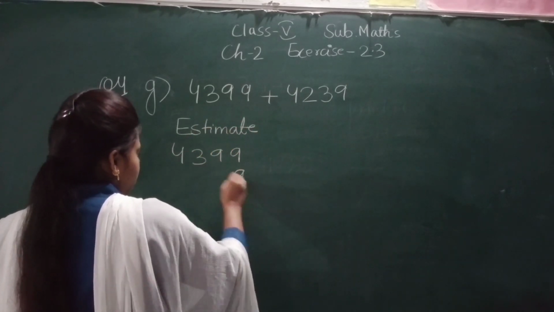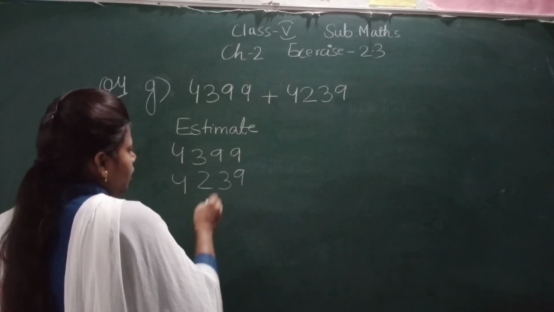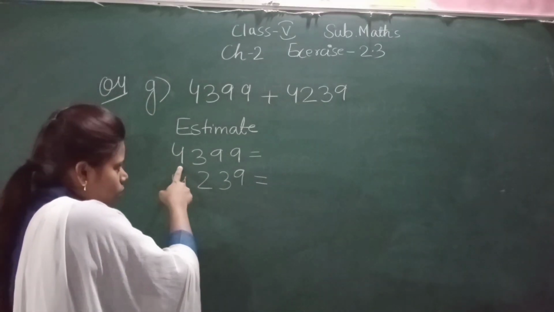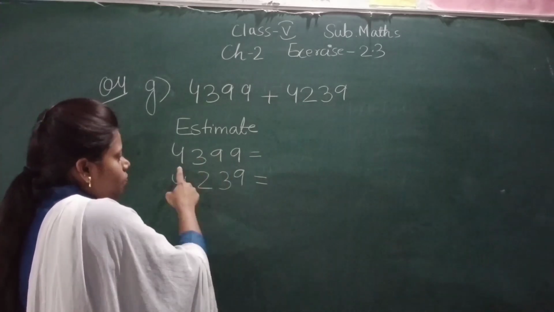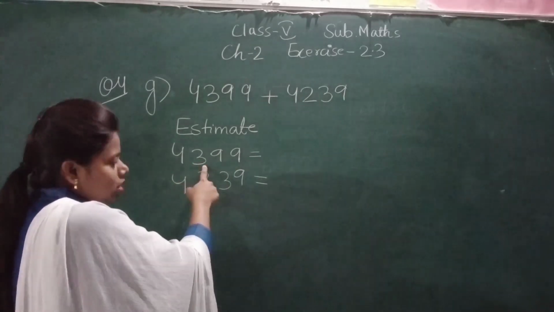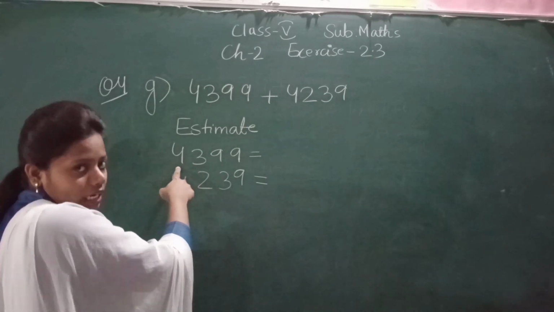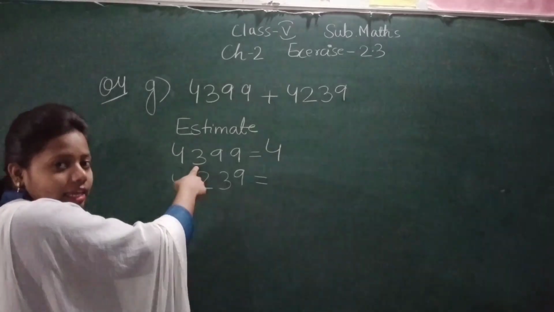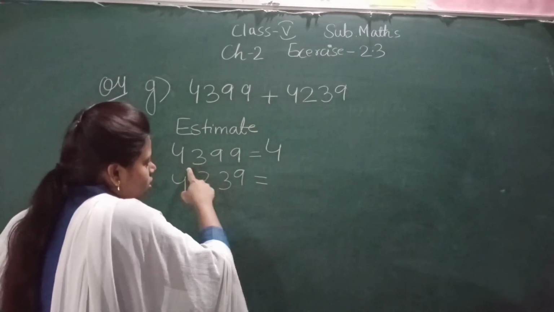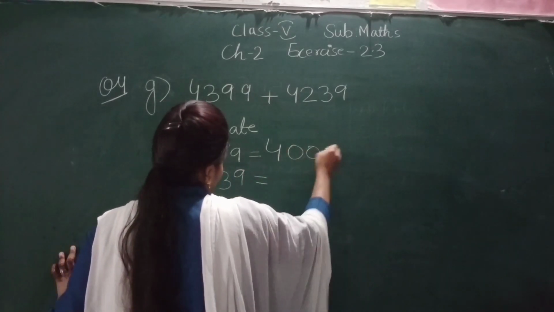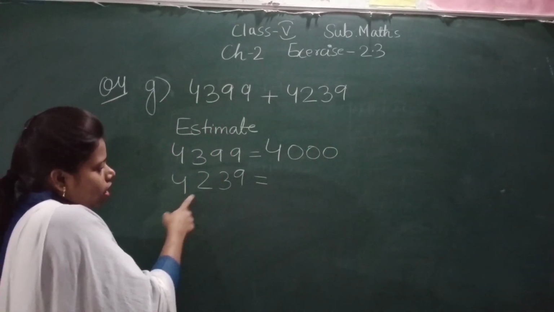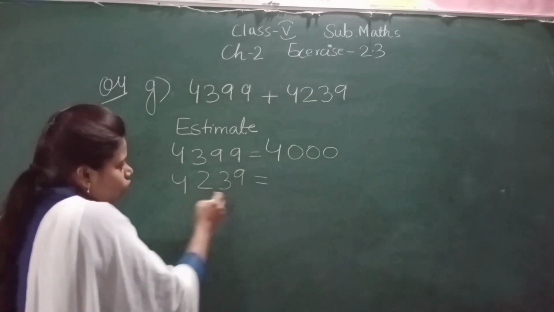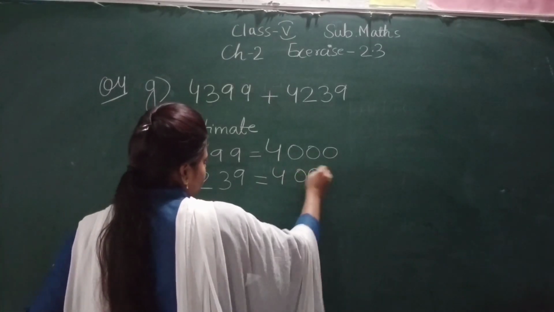Let's write 4,399, and then we will write the other number. Now let's do the estimation to the nearest thousands place. This is 4,399. So which place do we have to see? The hundreds place. This one is 3, less than 5. So no need to make any changes to the thousands place. It will remain the same because the hundreds place is less than 5, and these 3 places will get replaced with 3 zeros. Now see here: this is the thousands place, this is the hundreds place, 2 is less than 5. So this 4 will remain the same and the rest of the 3 places will become 0.